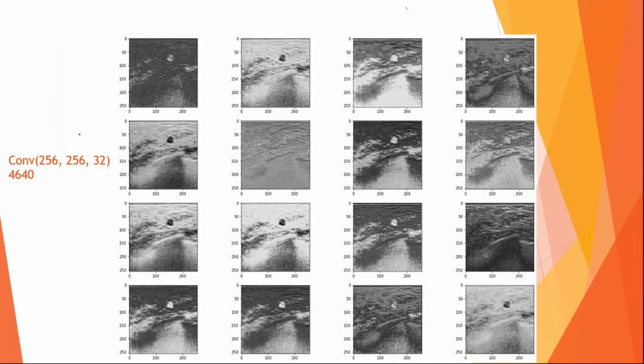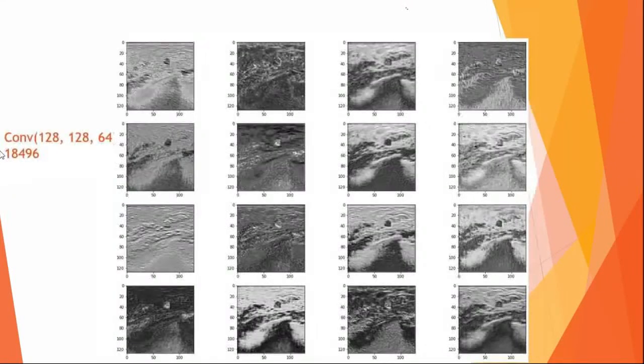So now again, instead of 16 different feature maps, you have 32 different feature maps here. I can't show all of them. I just showed you 16 of them, but still you can see the lesions coming out here, but the locations are changed. If you also note, these are the tunable parameters, which means the number of parameters that the system has to tune increases, which means you have to generalize a lot on this. Okay. Now from 256, it went to 128.